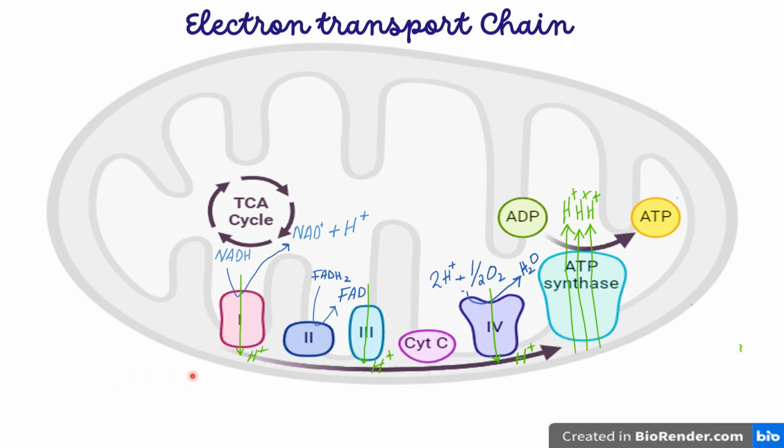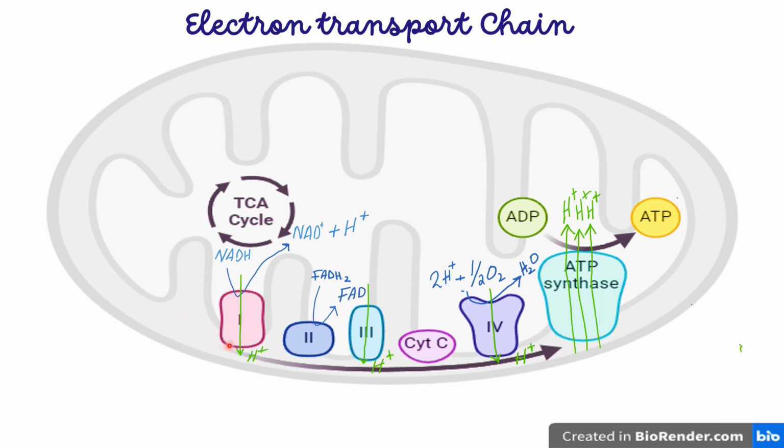The NADH and FADH2 are energy analogs that are produced during the Krebs cycle and glycolysis. They will then be utilized through the electron transport chain to produce ATP. So over here, if we start looking into the electron transport chain, the complex 1